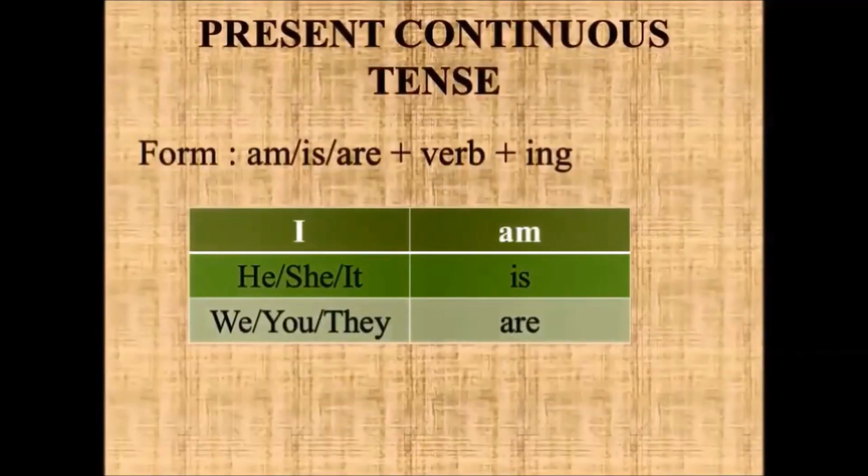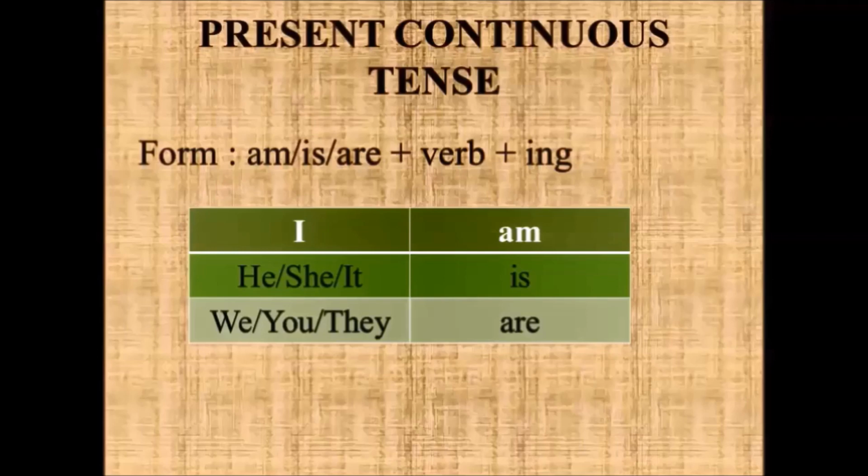Dear students, we began with the topic tenses in your last class. We have already covered 3 basic tenses in English, and now in this video, let us see about the continuous tense. Continuous tense is also known as progressive tense. So we have 3 continuous tenses in English like present continuous tense, past continuous tense and future continuous tense.